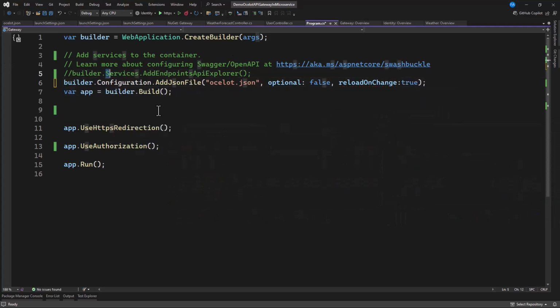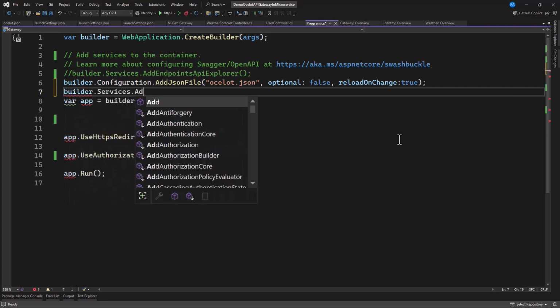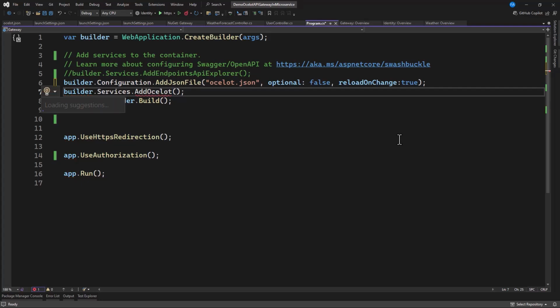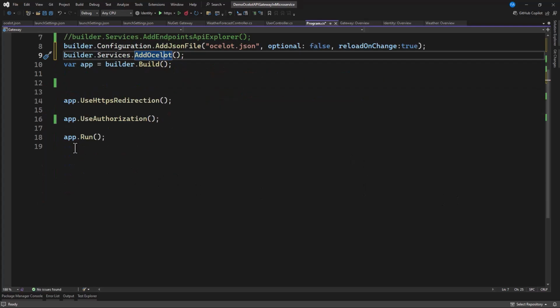Okay, so after we've added this file, we need to add Ocelot itself. That is where we need to add the service. So AddOcelot. Now maybe we need to add a namespace. Yes, using the reference. And after that, let's come to the middleware pipeline, and we need to use it.